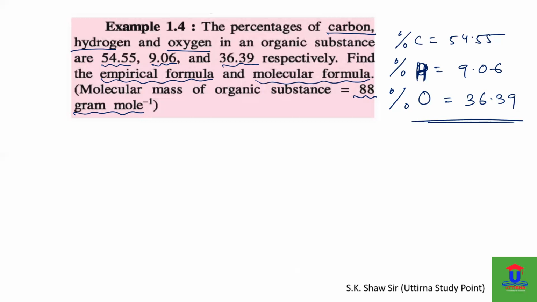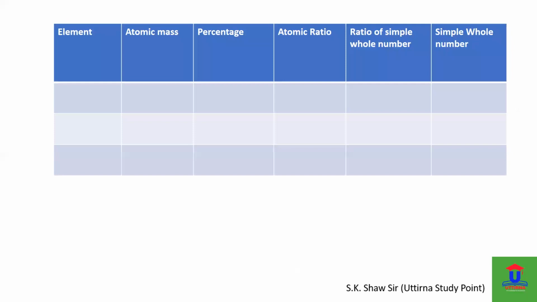ठीक है, देखो इसको सॉल्व कैसे करते हैं. इसको सॉल्व करने के लिए ये टेबल बनाना बहुत इंपॉर्टेंट है. इस टेबल को बना लोगे तो क्वेश्चन इजीली सॉल्व हो जाएगा. सबसे पहले एलिमेंट जो है उसको लिख लो. तो कौन कौन सा एलिमेंट था हमारा? कार्बन, हाइड्रोजन एंड ऑक्सीजन. Now carbon का atomic mass कितना होता है? Sir, 12. For hydrogen? 1. For oxygen? 16.